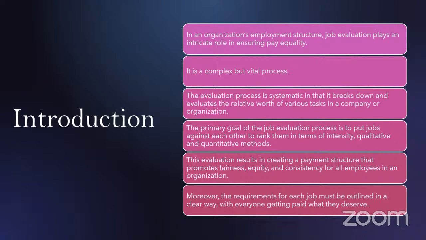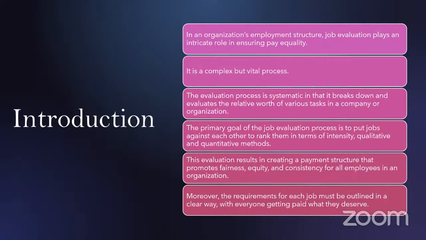The primary goal of the job evaluation process is to put jobs against each other to rank them in terms of intensity, qualitative and quantitative methods. This evaluation results in creating a payment structure that promotes fairness, equity, and consistency for all employees in an organization. Moreover, the requirements for each job must be outlined in a clear way, with everyone getting